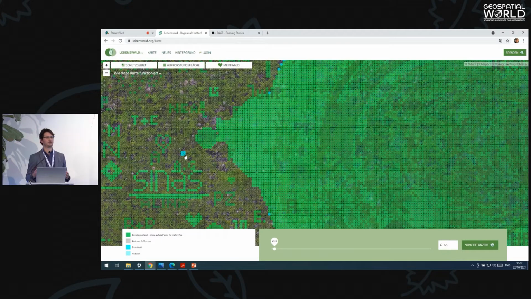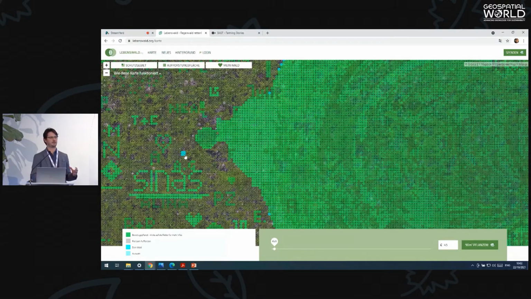So what we wanted to do is encourage the user to really interact with the reforestation area. We also wanted to promote transparency. So these cells are only being reforested one time, and they are then sort of owned by a particular user. But we also wanted to promote recurring donations.